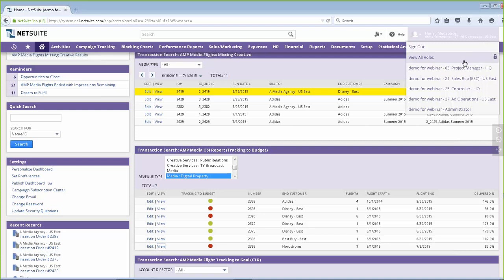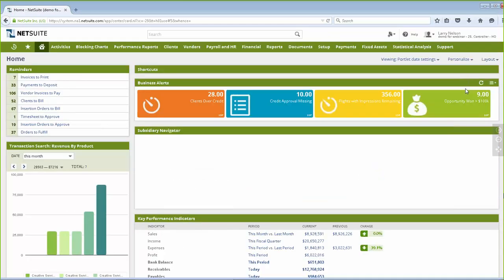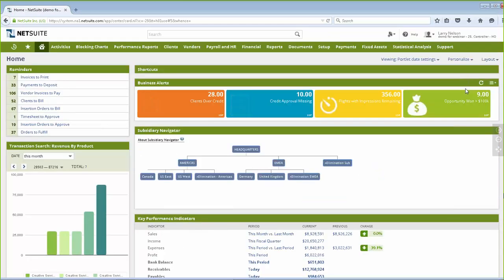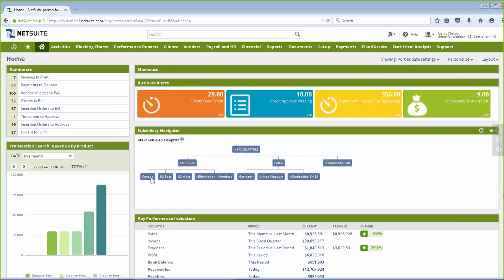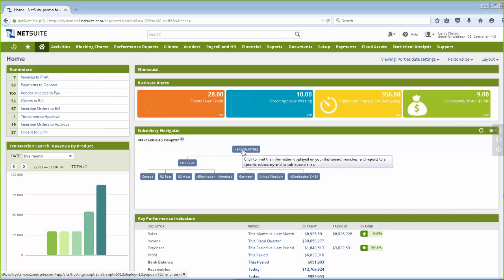So moving on for the demo, we're then going to be going on to the controller side. And again, you'll see as I move into the controller role how the dashboard changes even further. So now on the dashboard for the controller role, this is what we call our One World subsidiary instance. And this allows me to see everything that is happening in the NetSuite instance with multiple companies within the NetSuite system. And I've got child subsidiaries here, rolling up to a parent, and then rolling up to a grandparent side.